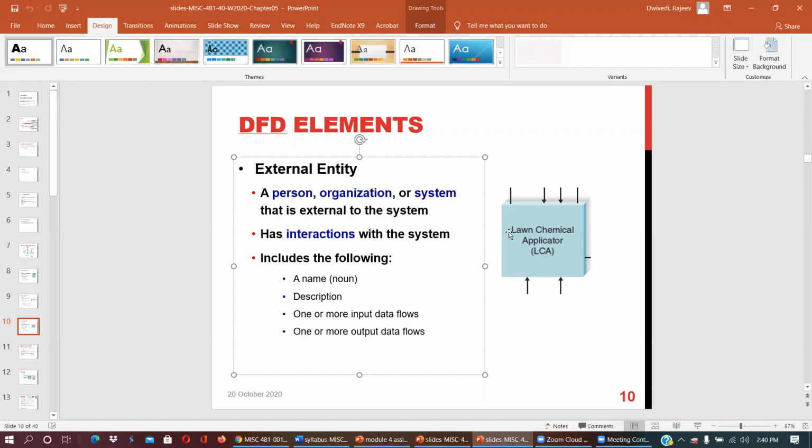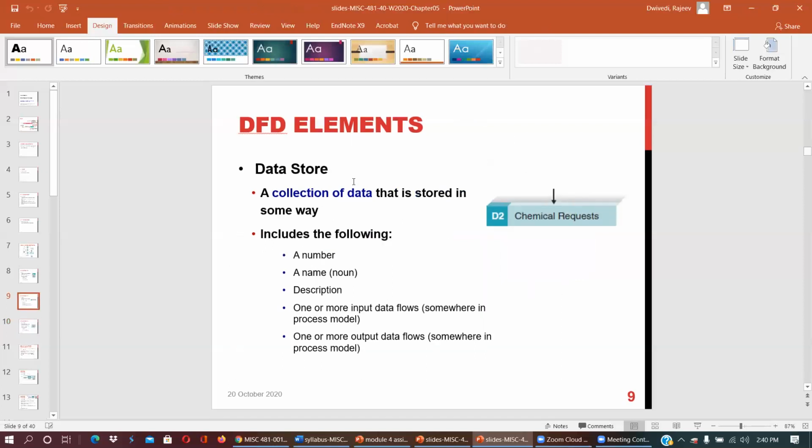So the lawn chemical applicator in this case is the external organization or person who is requesting the lawn chemical. It includes a name, a description, one or more input data flows, and one or more output data flows. Here you can see 4 input data flows and there can be 3 output flows. So what do you understand?